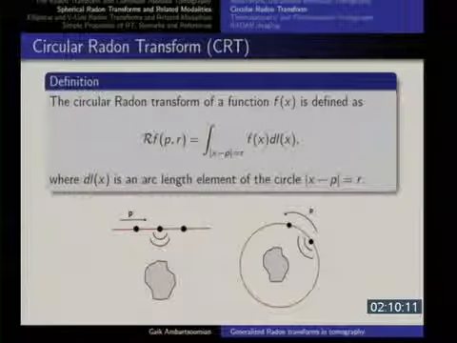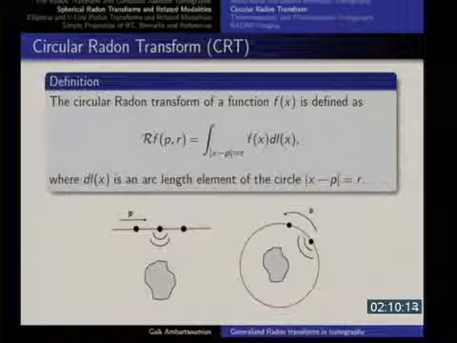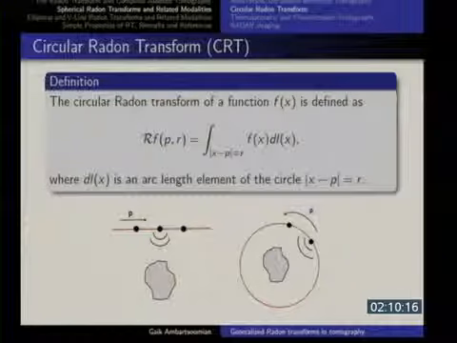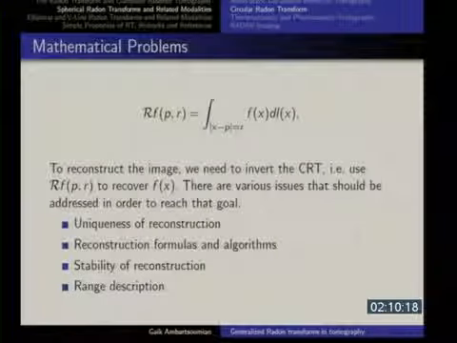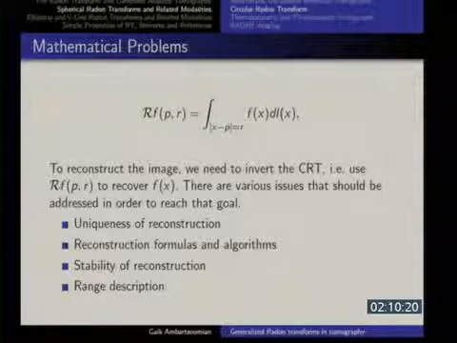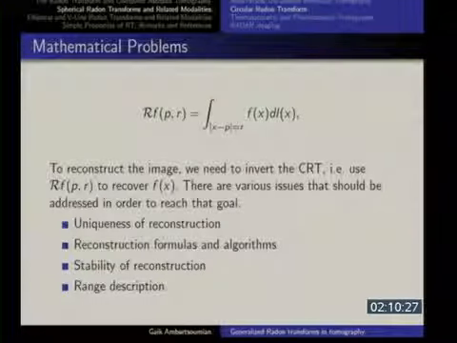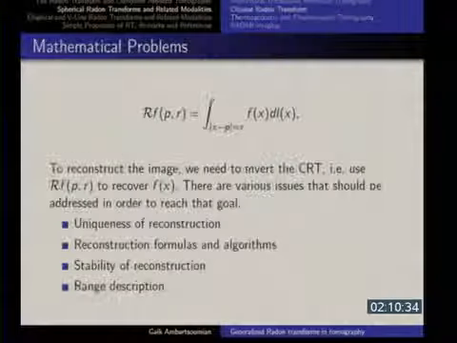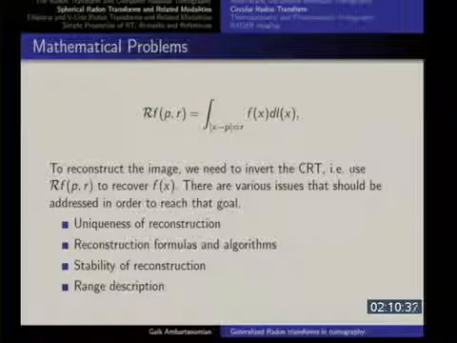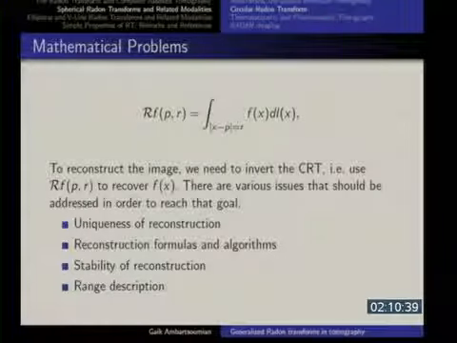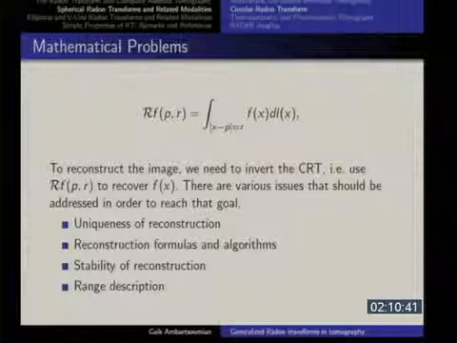Now, some choices of sets for the microphone are good, some are bad. And that's another mathematical problem of which ones are good, which ones are bad. Again, we have the same set of problems. Uniqueness, do I have uniqueness or I don't? Reconstruction formulas, stability, range description, just the same things that we had before. And let me see. Okay, so that's another modality. I'll be talking about that in a minute. But just to show you that it's not so trivial with the uniqueness,